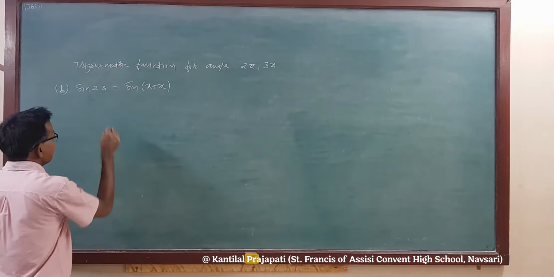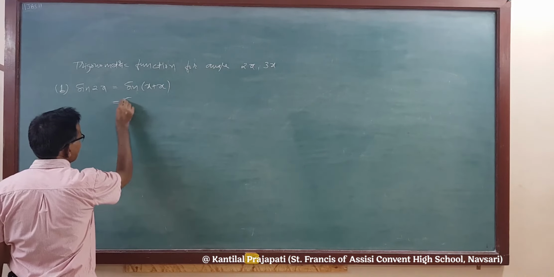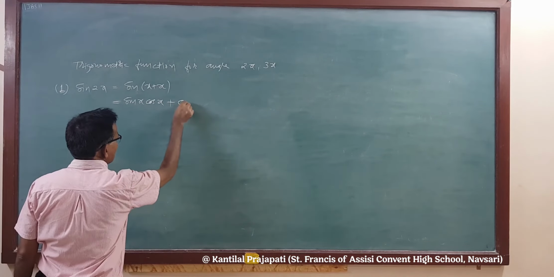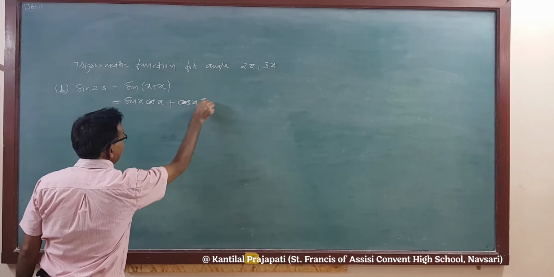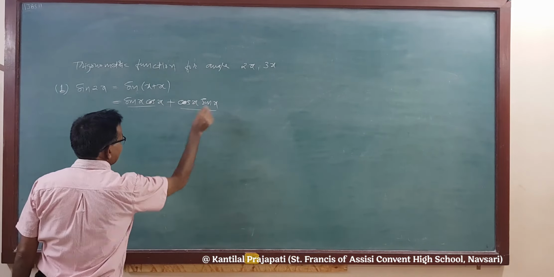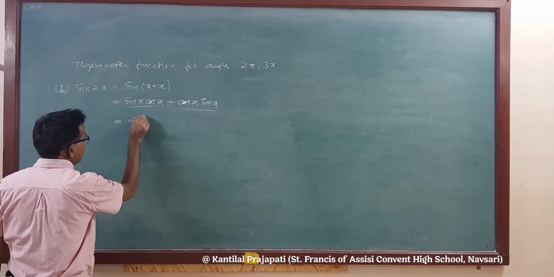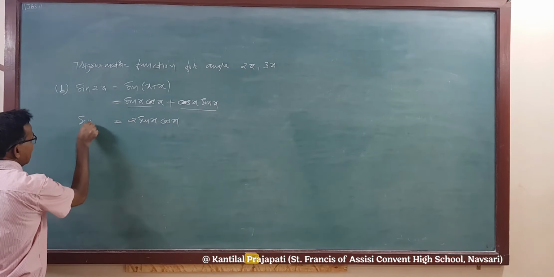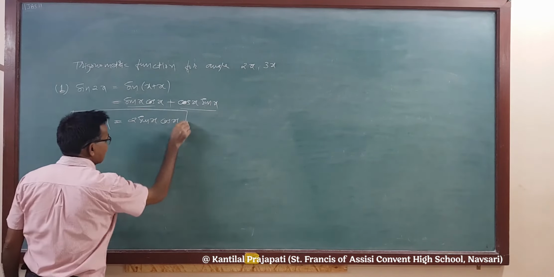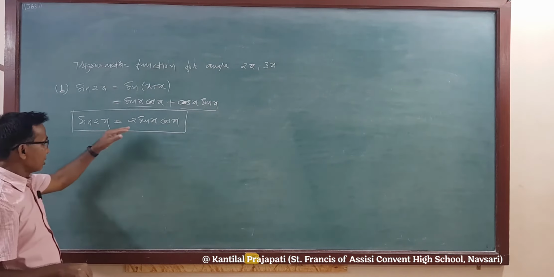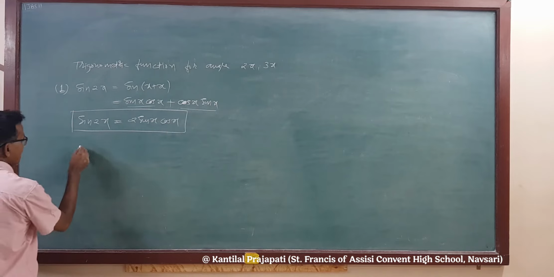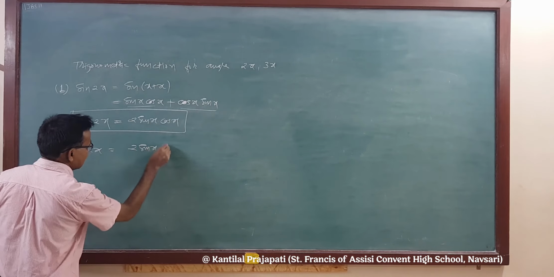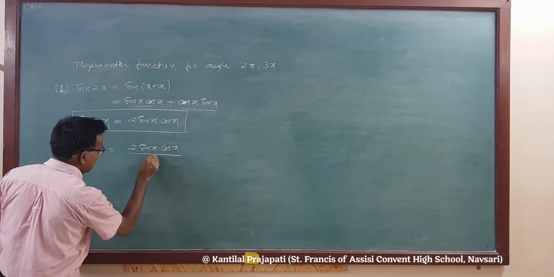The sin(x + y) is equal to, we have already derived, sin x into cos x plus cos x into sin x. So both terms are the same, like terms. The addition of these two is 2 sin x into cos x. Right? The sin 2x is equal to 2 sin x into cos x. Now we also convert into tan. Again we write sin 2x is equal to 2 sin x into cos x upon 1.